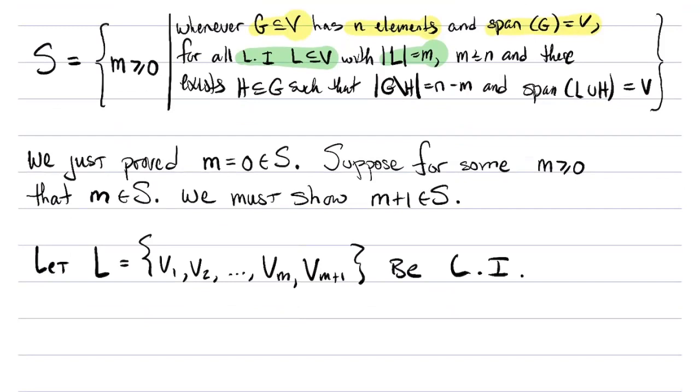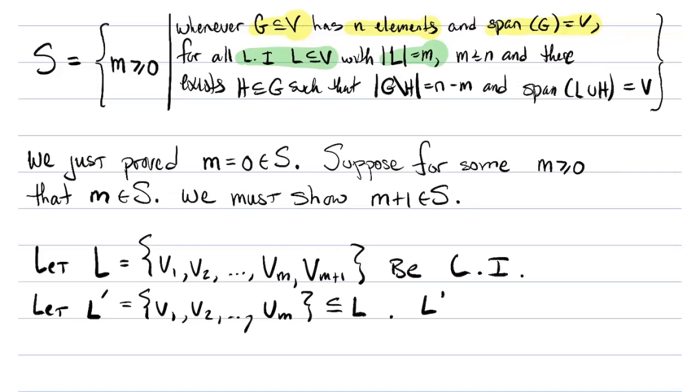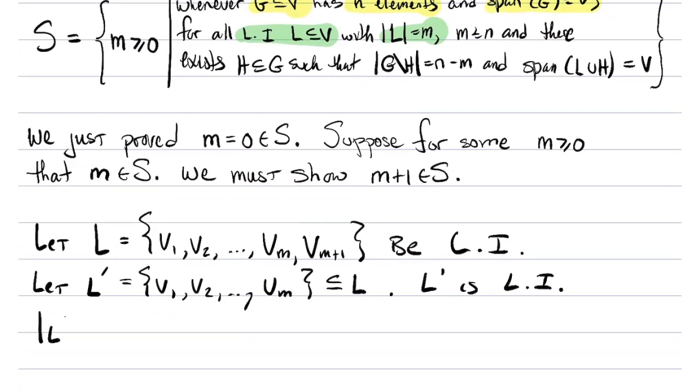All right, good. So L is a linearly independent set. Let's let L prime, just for some notation, be the first m elements. So stop at Vm. It's a subset of L, and it's also independent. I don't have the theorem number right in front of me here, but we have a theorem that says that subsets of linearly independent sets are linearly independent. So this L prime is also an independent set. So by the induction hypothesis, because L prime has m elements, by induction,